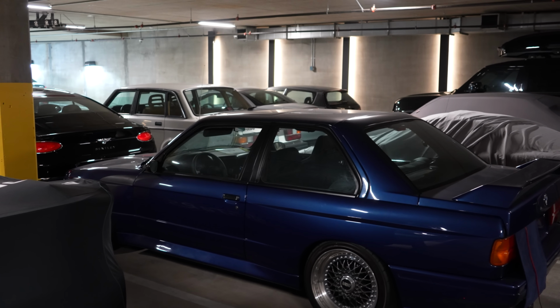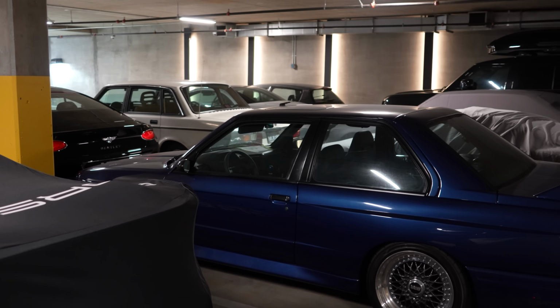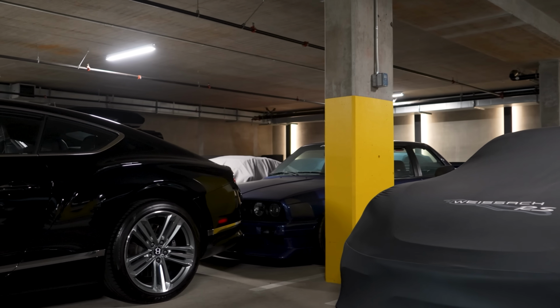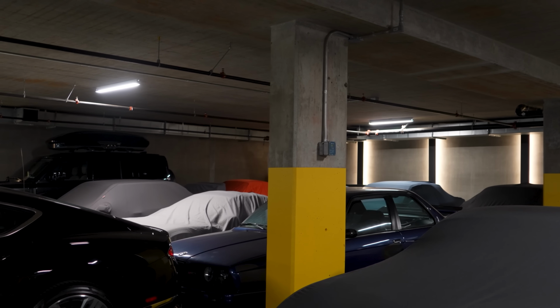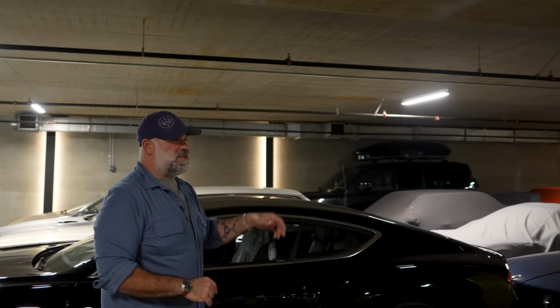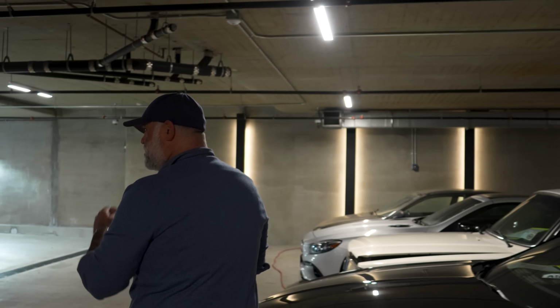This E30 M3 has a complete E46 M3 powertrain in it. I've driven this one only very, very short distances, but I had a real go in one once, and that's an amazing driver's car. You've got Acura NSXs, all kinds of good stuff. Let's go upstairs and we can check out